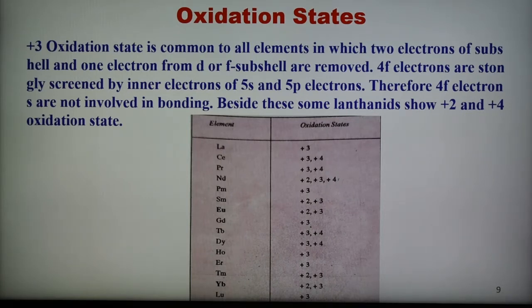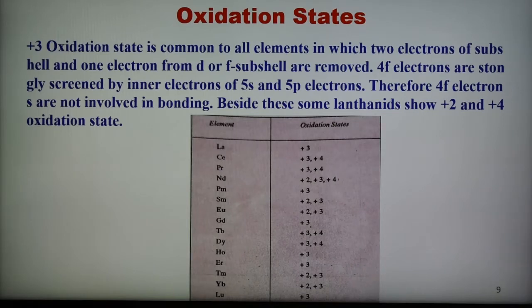The stability of the tripositive oxidation state is shown by its high oxidation potential. The ionization energy of the +3 state is quite high, and these ions tend to form covalent compounds. In aqueous solution, they exist in the +3 oxidation state.